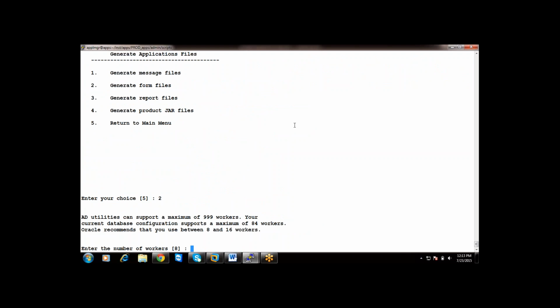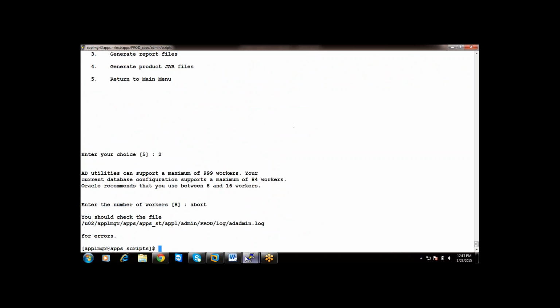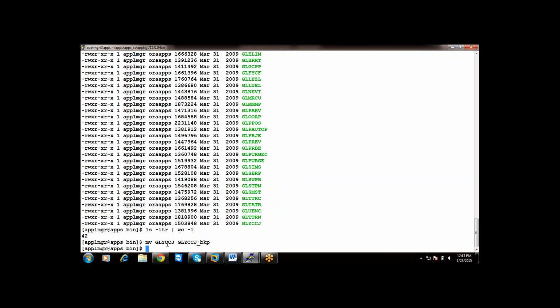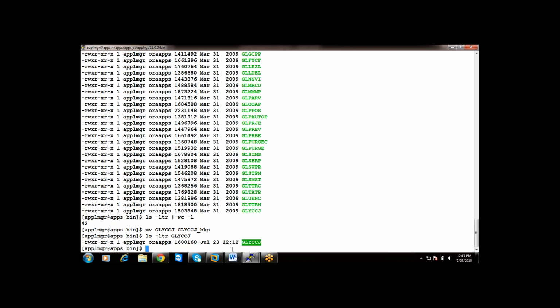This is the total number of files, one. Did you get it? Last time there was one form file, and now you selected two. Now come here and check for this particular executable. See, it got regenerated on July 25. Is it clear?